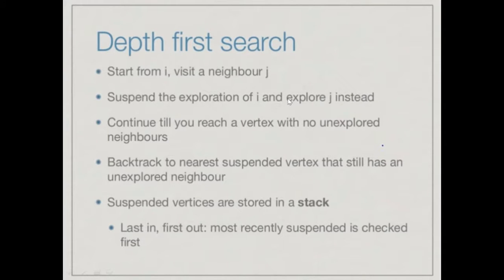Now, in depth first search, we are not going to visit each and every neighbor of I. That is, we are not going to traverse each J. We are going to select a particular J and then suspend the exploration of the node I and put that node I onto the stack, so we can come back and explore the remaining neighbors of I. Let's say I is a node and it has two neighbors, j equal to 5 and j equal to 6.